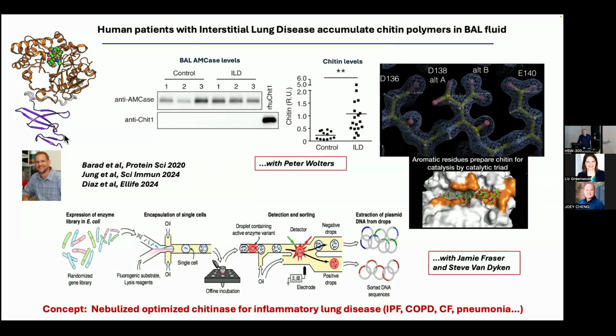And Steve has really, you can use Michaelis-Menten kinetics, select these better chitinases, and then take them into mice that are knocked out for chitinase and show that you can improve response to things like fibrotic lung disease induced by bleomycin. And so the concept here is a nebulized optimized chitinase, kind of like people use DNase or mucolytics to treat inflammatory diseases, either to get a handle on better therapeutics, put off transplantation, or wait for better therapies, like has occurred with CF.